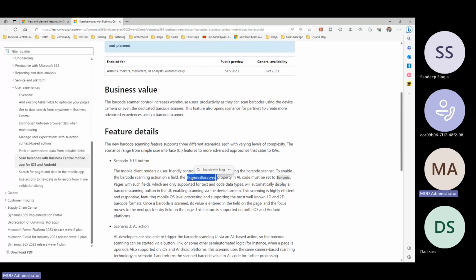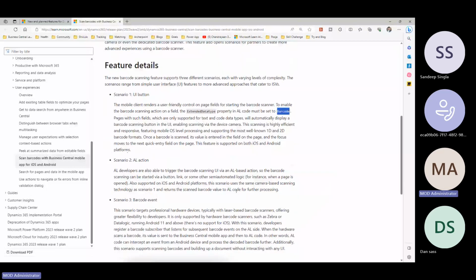So now it seems that in future there will be a new extended type property, which is right now set to be masked, I guess. And then there was two or three more options to this property, which will now also be available as a barcode on a field. If that is set as barcode, it'll also allow you to scan a barcode from there, which is nice from a warehousing perspective. You can also write it on an action, so you can have a button available or a link available, which then allows users on iOS or Android device to use the camera-based scanning technologies,